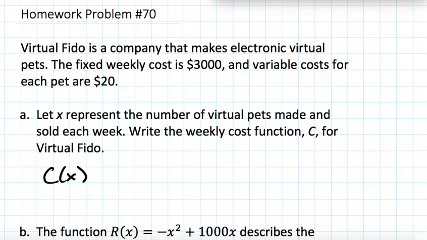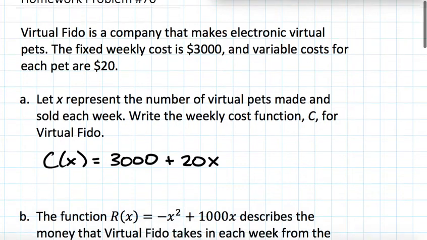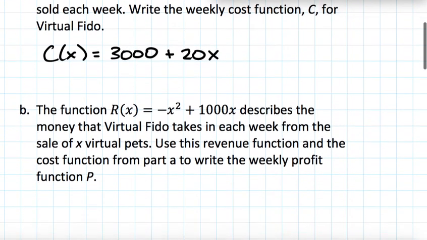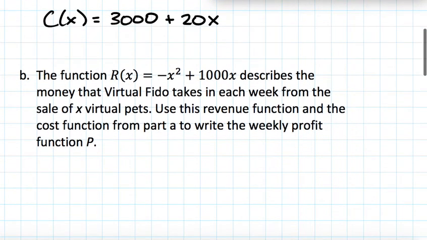Cost function is the fixed cost plus the variable costs. Fixed costs are $3,000. And then variable costs are $20 per pet, so that means I multiply 20 by the number of pets that I'm making, and then I add those two together to get the total costs. So cost function equals 3,000 plus 20x. So that's review. Part B says the function r of x equals -x squared plus 1,000x describes the money that